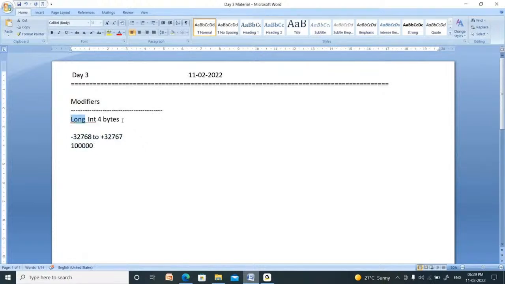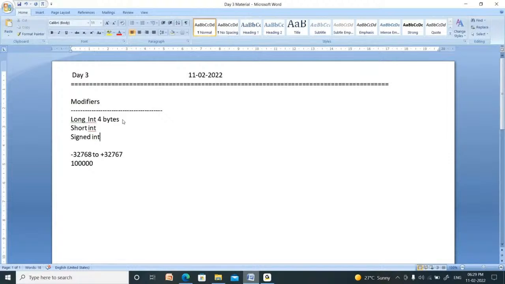Now I want to reduce the size of integer. Then I can use short int. If I want to store only negative numbers, I can use signed integer. Sign means minus sign. Minus 2, minus 3, minus 4: all negative numbers have a minus sign.